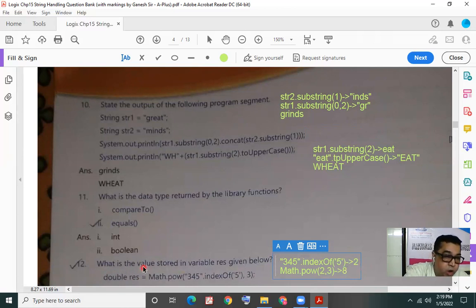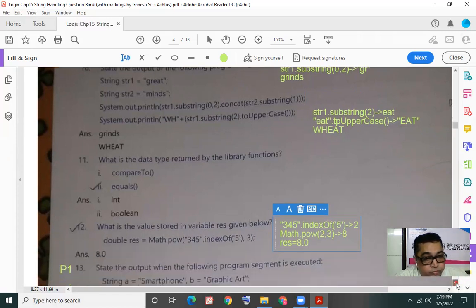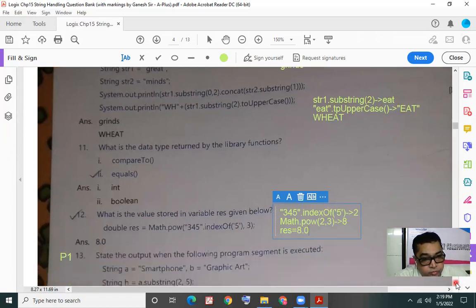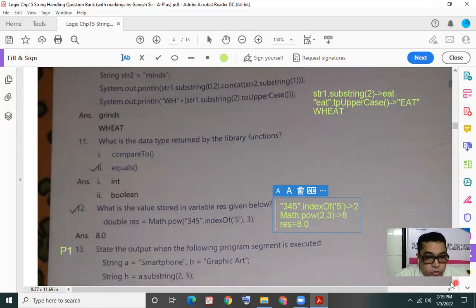But they have not asked for the output as such, they asked for the value stored. But even then, mention the answer as this result 8.0. Don't mention it as just 8. Mention it as a double value 8.0. Once again, any doubts about the solution to this question number 12?